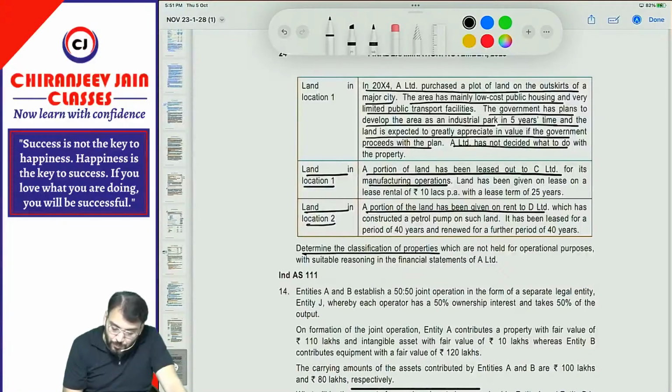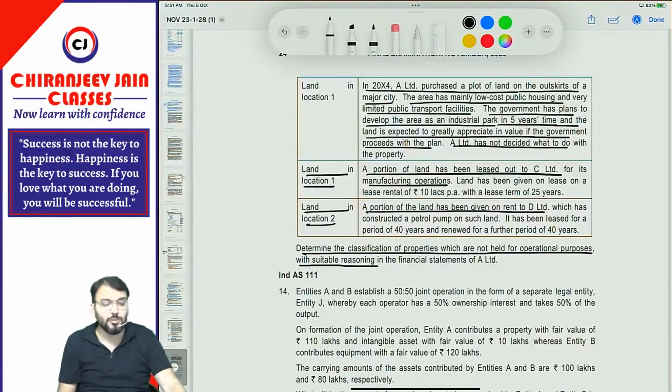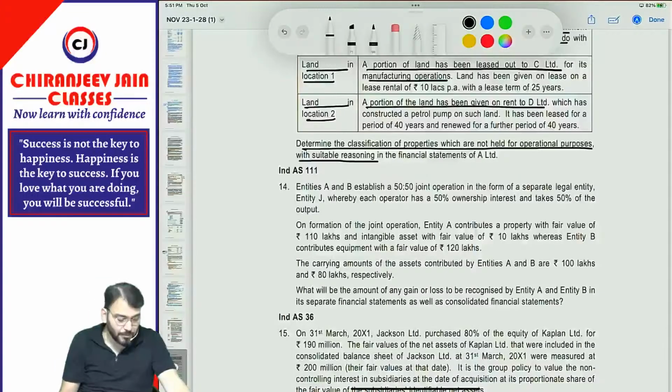Determine the classification of property which are not held for operational purpose. Means we only need to find out the classification of those properties which are not held by the company, with suitable reasoning. Reasoning also needs to be given, using the meaning of investment property. Understood? Easy. Simple. Can we go? Come to question number